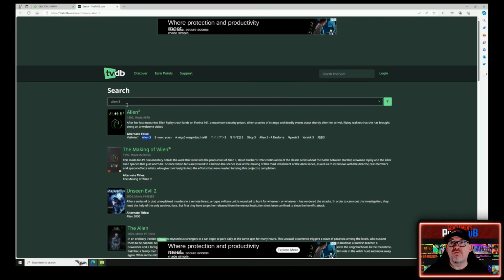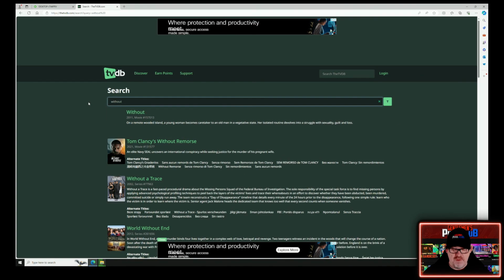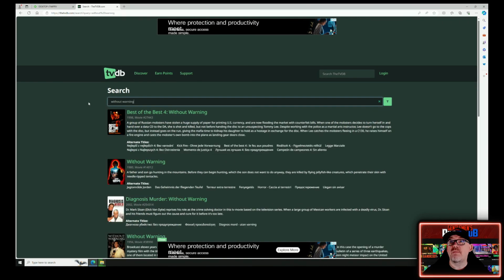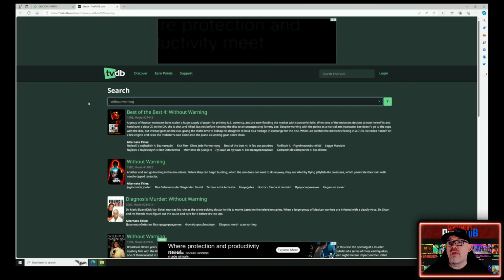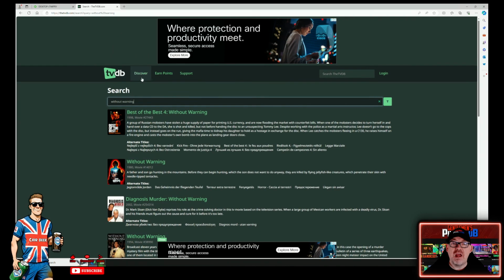One I did have a bit of trouble with was this film here. Oops, let's type it incorrectly. Without Warning. So, Without Warning, there was a couple of versions here. So you've got Without Warning here and Without Warning here, where you've got two films that are exactly the same. What I ensured was my film title basically in the file name was Without Warning space dash